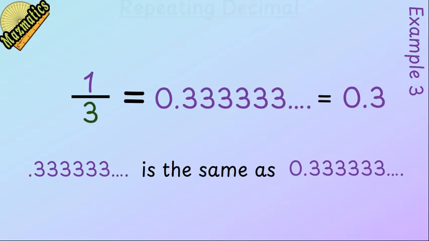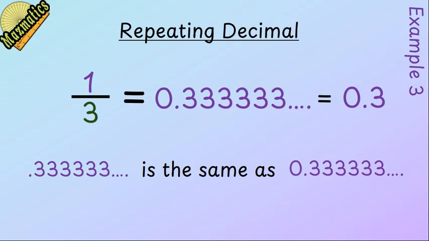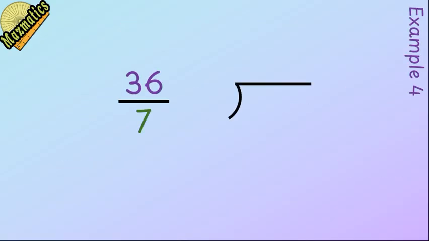We call this a repeating decimal. Since we cannot write 3's forever, we use a special symbol. We write 0.3 and put a little bar or line on top of the 3. That bar means this number repeats forever. Let's try a bigger number so you really understand. Problem: 36 divided by 7.